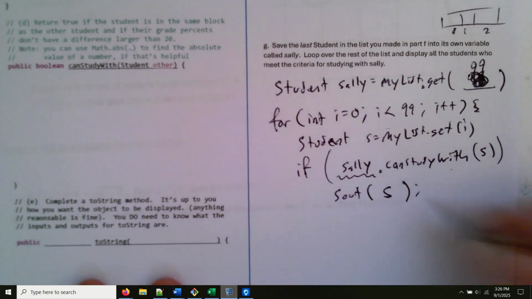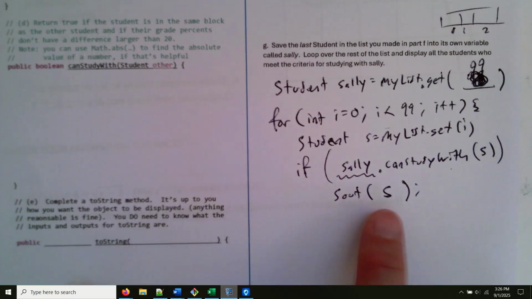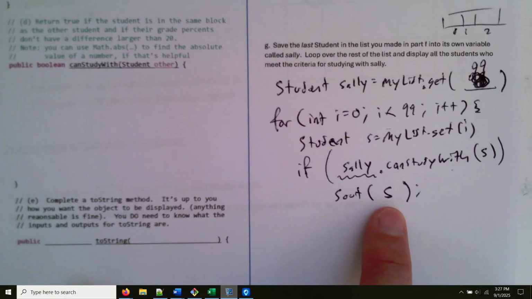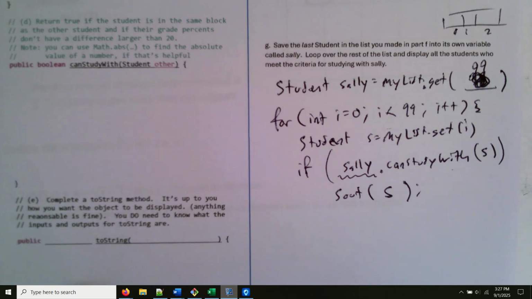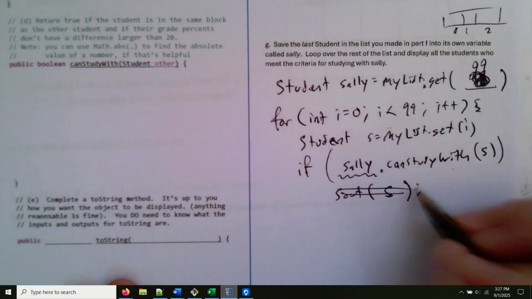One of the things that I said in the summer homework was the toString method gets run automatically when you put a variable containing an object inside a print statement. So I don't have to say s.toString. Several people just ran toString without any object at all. Several people didn't have a print statement. They just said